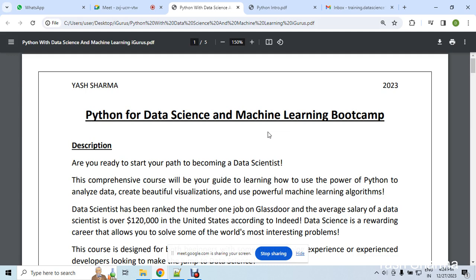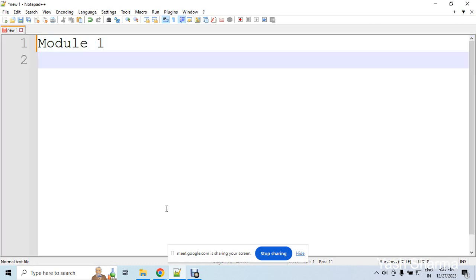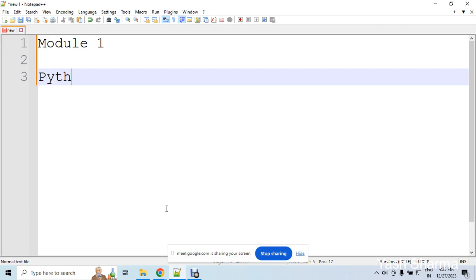Guys, we have divided this training into different modules. In module number one, we will be discussing Python programming. While interacting with you, I noticed that the majority of you don't know about Python programming. Okay, and you are just beginners. So module one, guys, is totally focused on Python programming, because